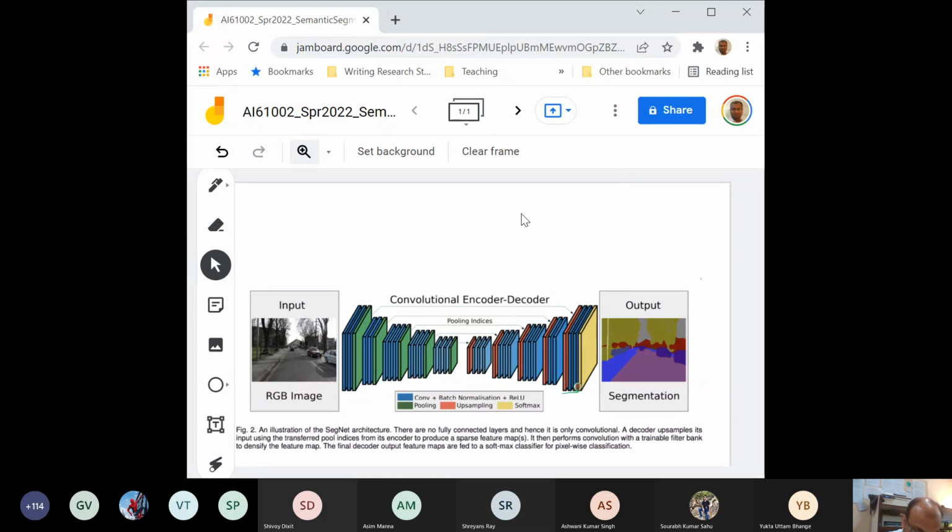Now, one thing is that you will have some unpooling to be done over here. The unpooling is essentially to do a spatial upsampling, and that spatial upsampling is done by way of unpooling, which would require a pooling index transfer. So let's understand. Wait, let me at least write down what I am doing today.